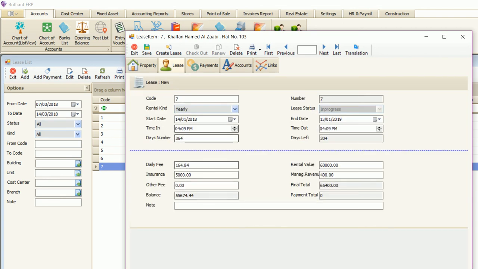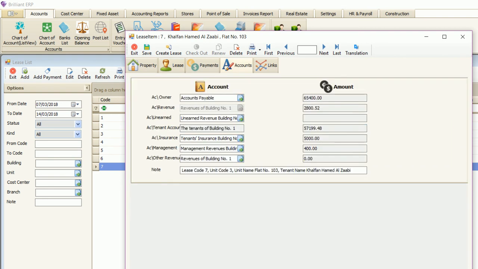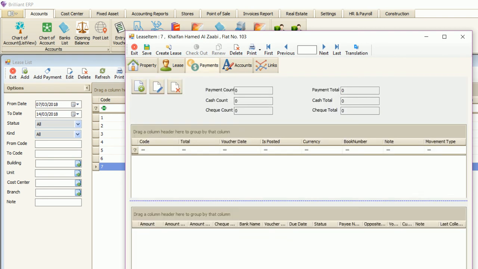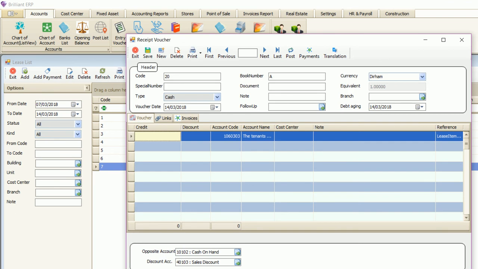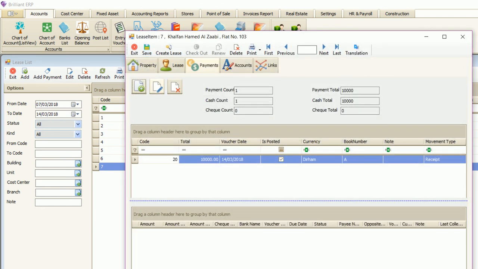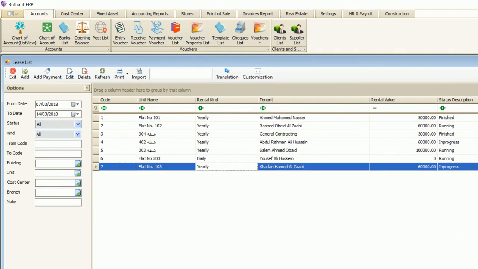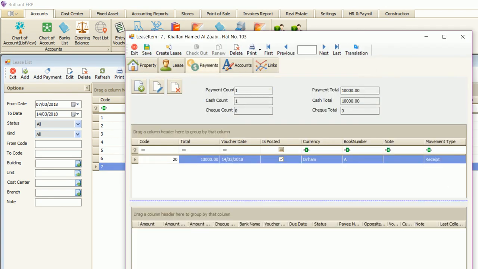Okay, it's 5,000. It's like that. If you want to make a payment, just come to payment and click add. When you click add, it will get you a receipt voucher. It's very simple. Just write the amount here. He paid 10,000 cash, so just keep it cash and save. Finish. Save. If you open that contract again, payment, you have only one payment, total cash 10,000, and this is